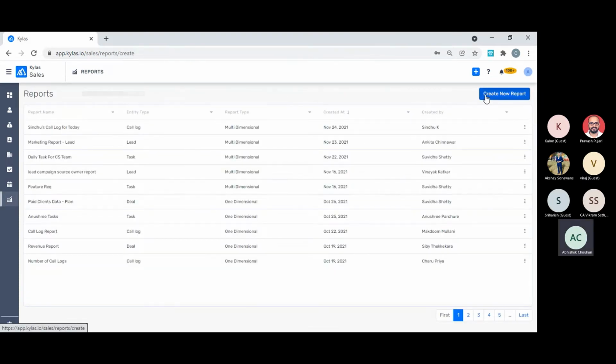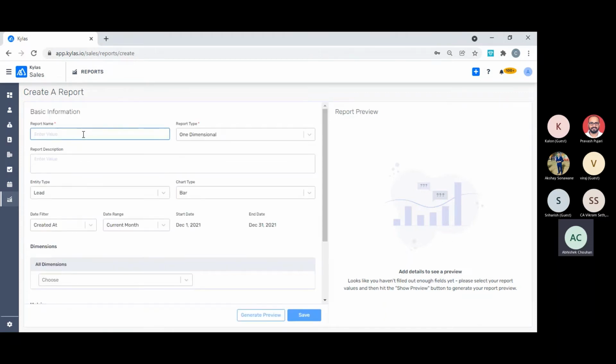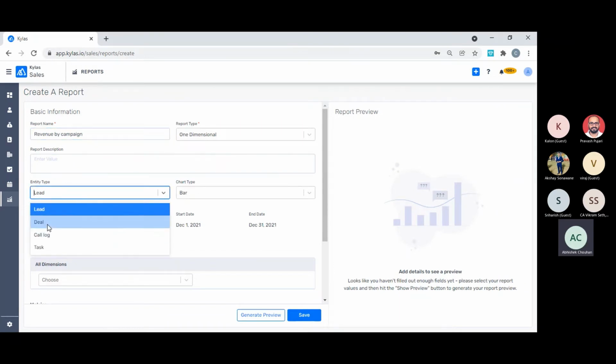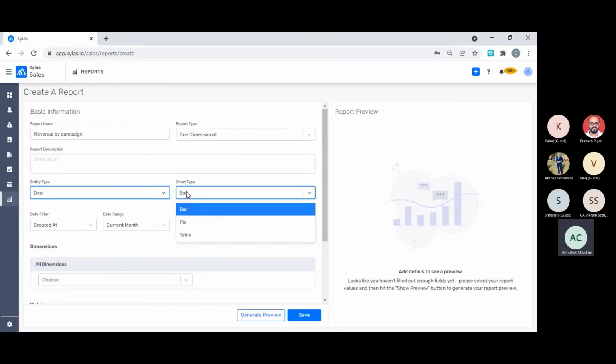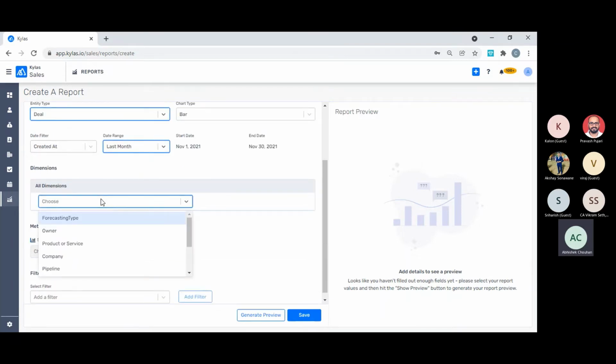All right, so for example, I wanted to understand how much revenue each campaign has generated for me. So let's say revenue by campaign. I wanted to see that report, right? So what I will do is go to create a report. I'll name my report, choose an entity value created at, let's say, current month or last month, because today's month has only started today, so it will give me a lesser amount of data.